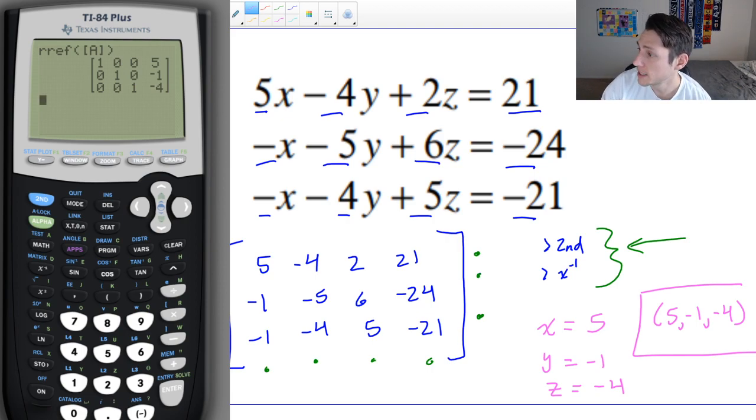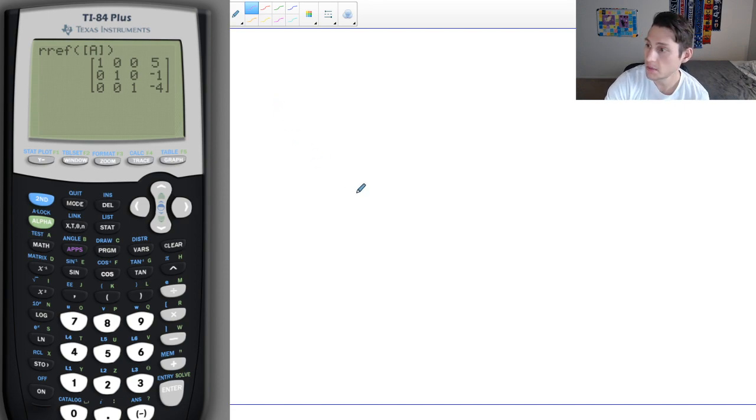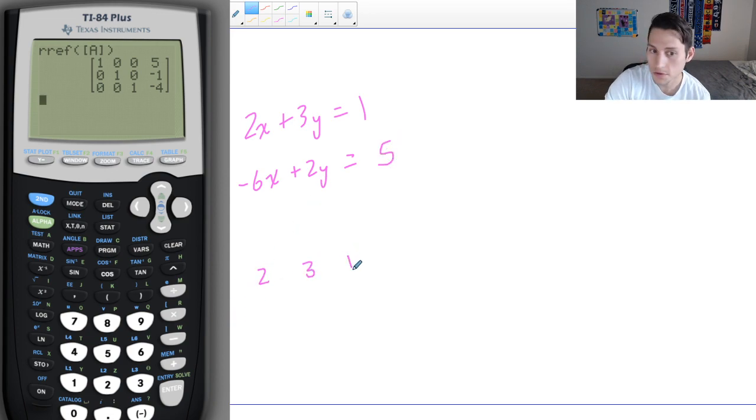All you have to do is take your coefficients, put them into this matrix, which is basically just like a box that has all the numbers in it, and then do these steps of the RREF and then the matrix we want. It'll solve. And it works with any size of system actually. So even back in Algebra 1, if we had an equation like this, we could do the same thing. We could just take our numbers 2, 3, and 1, -6, 2, and 5,